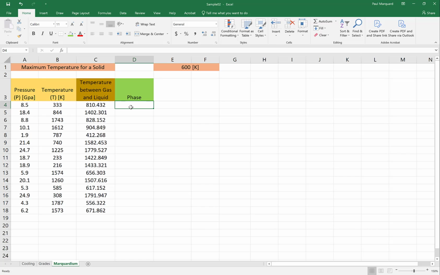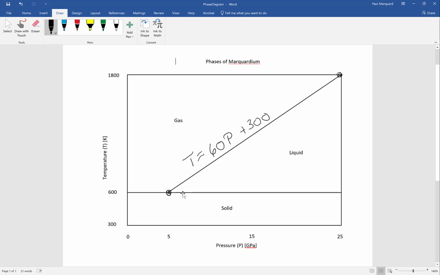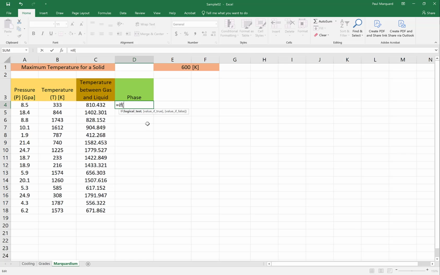All right, now the phase. How do I determine the phase? So here's where we're going to get into if statements. So I start off with an equal sign, and I'm going to type if. Okay, and let's just take a look at this. Checks whether a condition is met and returns one value if true and another value if false. So we want to start off with, going back to the document, the temperature. If the temperature is below 600, it's a solid. So I'm going to say if, open parentheses, the temperature